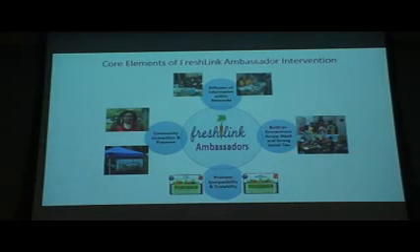So I'm going to start on the left-hand side of this circle here. You see where it says community connection and presence. I think we can all agree that having a strong connection to the communities you work in is very important. So we looked for people that had some strong connection. They didn't necessarily have to live in the community, although that helps, but maybe they worked there, volunteered there, have family members who live there, worship there.